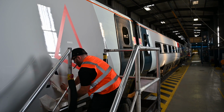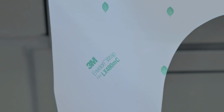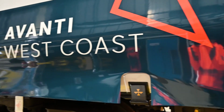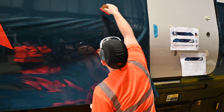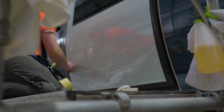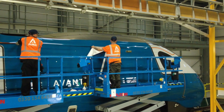The main drive cars were full wraps by using all the full non-PVC film that 3M supplied, IJ 480, which is the Envision range, along with the 8588G anti-graffiti protection. We worked very hard with Avanti Direct at the very beginning of the contract, but we also understood they had to produce a livery that was strong for their clients, being the passengers, but also sustainability was a huge factor